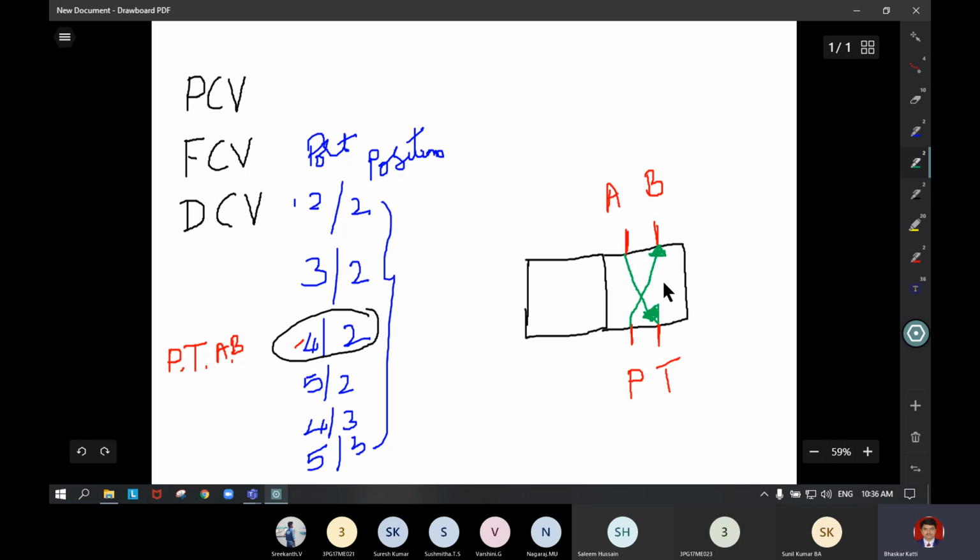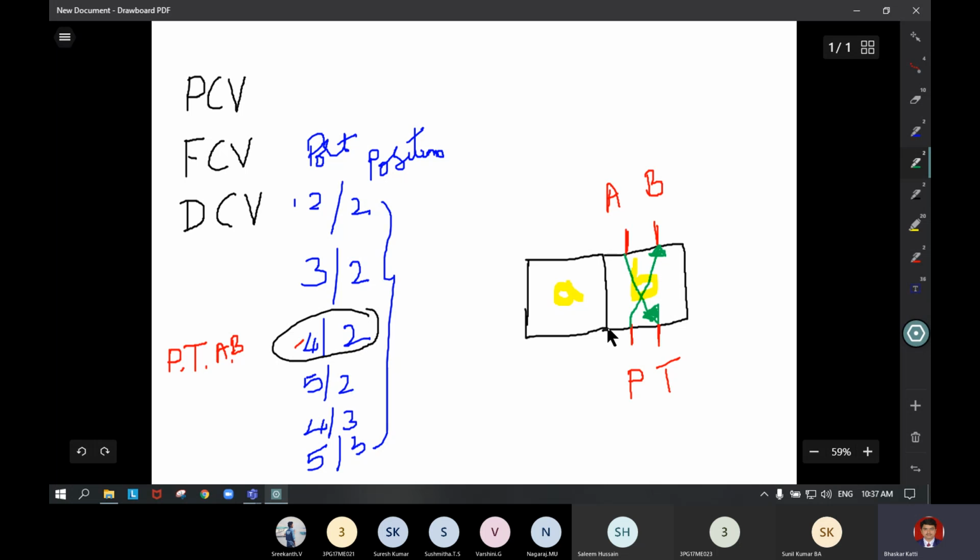These switching positions are represented as A and B. So this is switching position A, and this is switching position B. In switching position B, the ports are connected like this, that is P to B and A to T, upon activating this valve. So take the corresponding position.